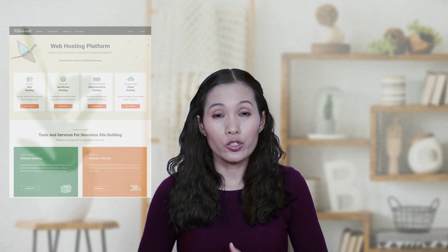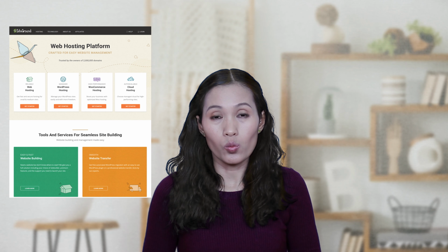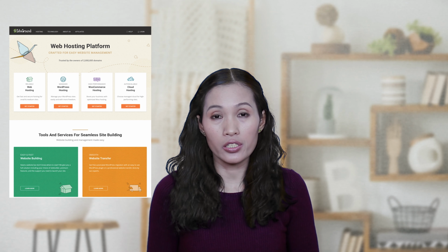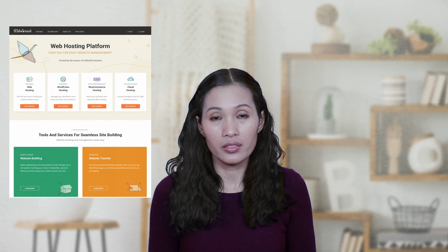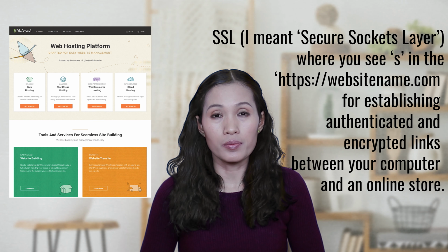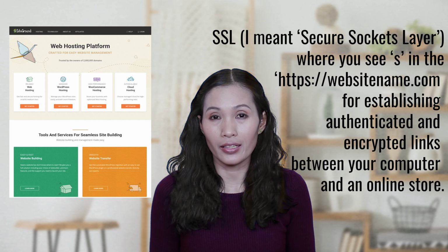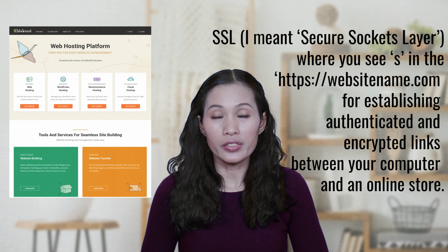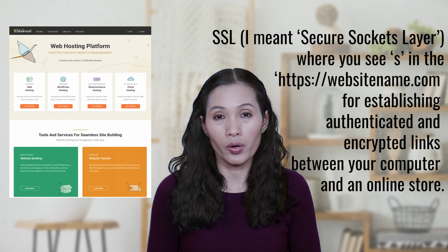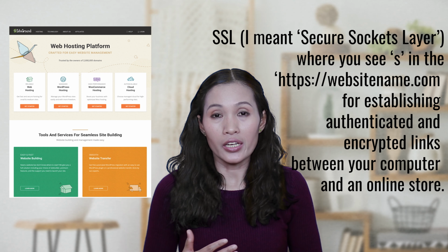Next, you also need a good web hosting provider to host your files and database, because in general, a website contains files and a database. SiteGround is a good web hosting provider for a beginner to start a small business website. It comes with a free SSL. SSL is Secure Sockets Layer, where your customer can buy your product or do any transaction in a secure